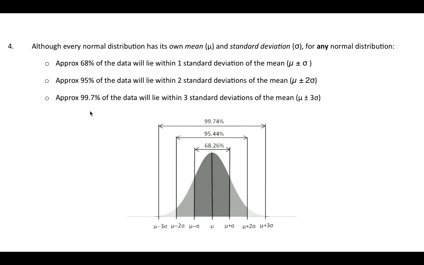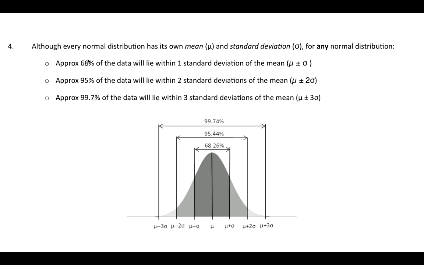For number 4, we can look at the normal distribution and how it fits in with our standard deviation. Basically, every normal distribution has its own mean and standard deviation. So depending on what we're talking about, we'll be able to calculate a mean for a certain distribution, and we'll be able to calculate the standard deviation for that distribution. We've done these things. For every and any normal distribution, this is what is true. If what you have approximates a normal distribution, then